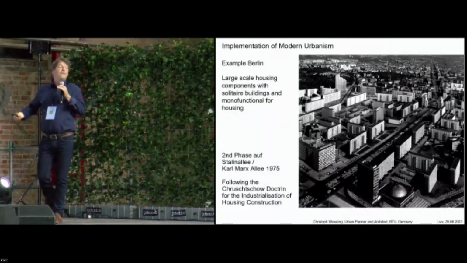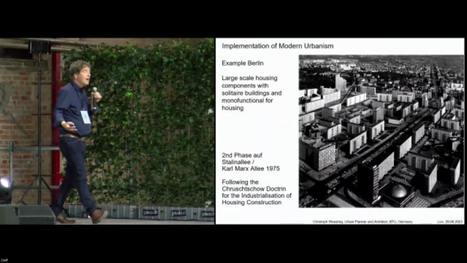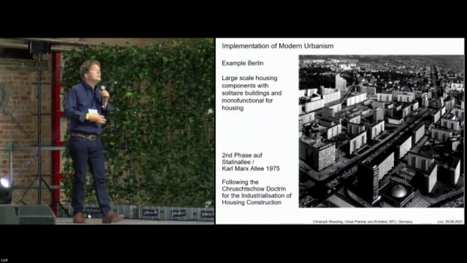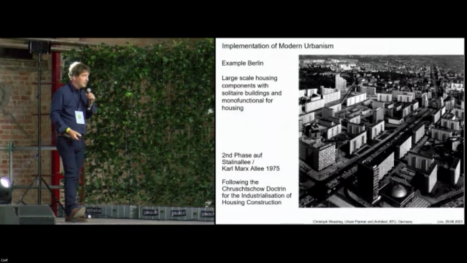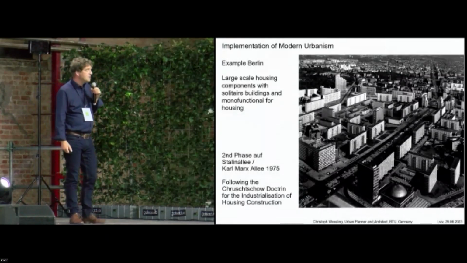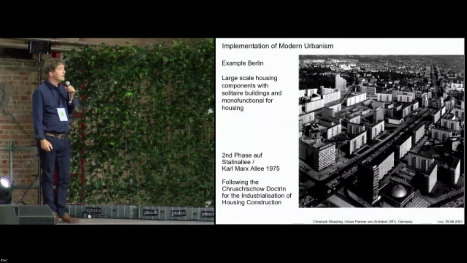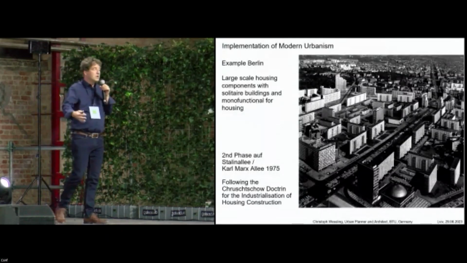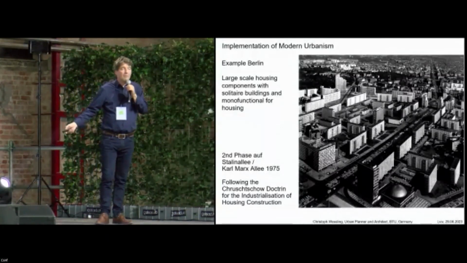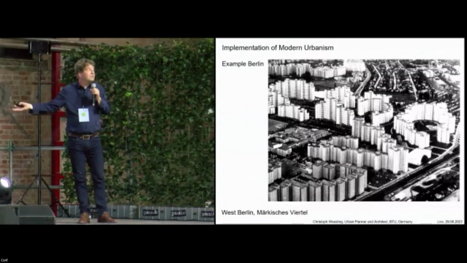And following these ideas of modern urbanism, many parts of our cities were transformed and new areas were built. This was the first large prefabricated housing component in Berlin, in the inner city, directly east of the Alexanderplatz. You see this open structure with these large building slabs following these ideas of modern urbanism. But the same happened in the West.